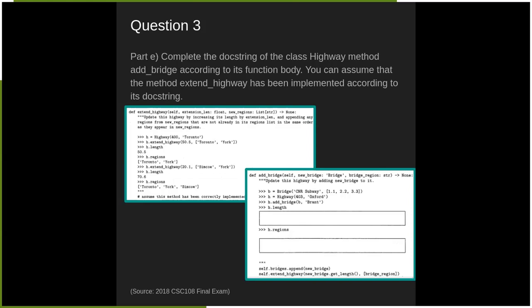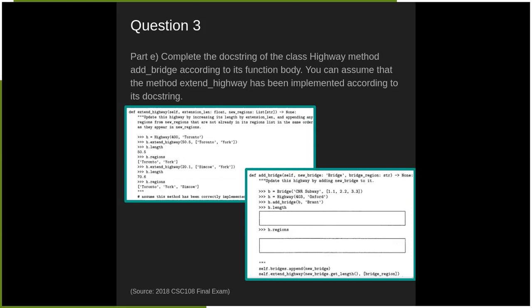And you have to notice that Toronto is not repeated twice. So even if you add a region twice, it should only appear once. So then if you extend the highway by extension length 20.1, and then you add the new regions Simcoe and York,